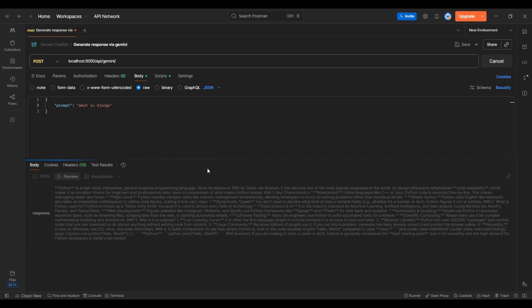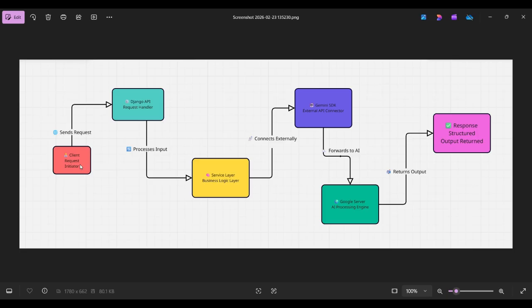After that it will take some time, because the client sends the request to the Django API, the request is handled and sent to the service layer, and the service layer connects externally with the Gemini SDK, that is the Gemini software development kit.